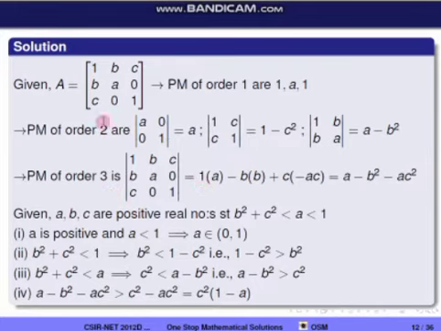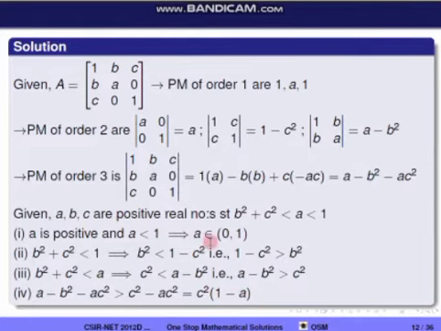So take the determinant of the whole matrix, that is equal to (a minus b) square minus a c square. So we will check whether this is positive or negative. We know (a minus b) square is greater than c square. So this implies this is greater than c square minus a c square. So I'll take c square common from this expression. So this is equal to c square into (1 minus a).